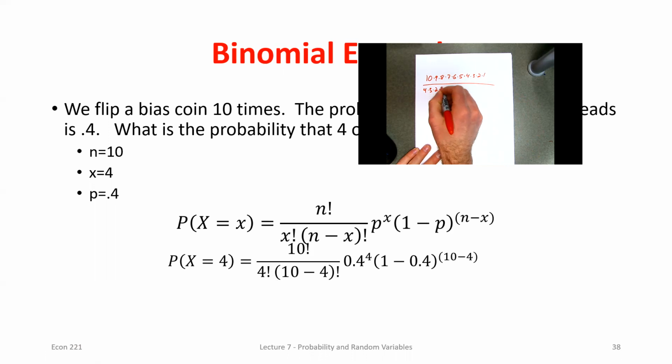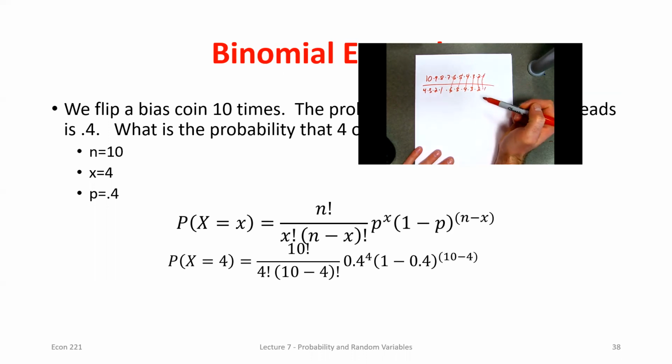4 times 3 times 2 times 1. 10 minus 4 we said was 6. So 6 factorial, 6 times 5 times 4 times 3 times 2 times 1. Now we'll notice if I write this out, I could type all this in my calculator. I don't even need the factorials. But also if I look at this,